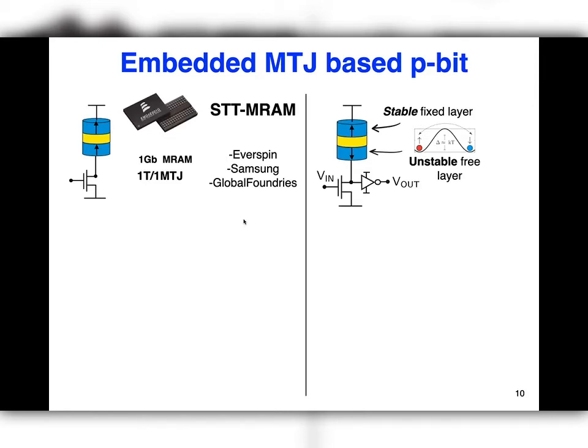So how do you make a p-bit? Well, maybe the most obvious thing to do is to replace the nominally stable MTJ with one of these unstable ones, preferably one of the faster ones fluctuating with nanosecond timescales. And then you put in two more transistors. This is an inverter here, but it's really two more transistors, an NMOS and a PMOS, so that you get this really compact 3-transistor 1-MTJ circuit.